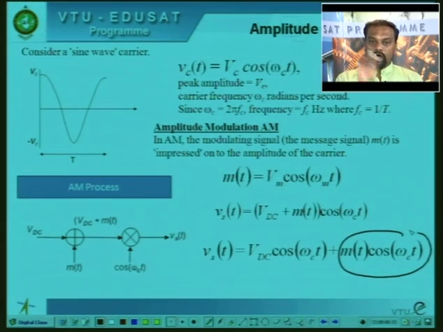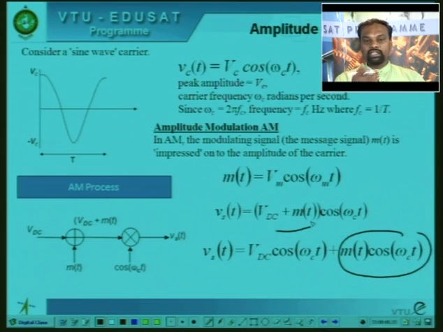We are also giving cos of omega ct, that is the carrier, the unmodulated carrier, along with the modulated carrier. Both of them are now made to travel, or both of them are now transmitted over the channel. So, now let us understand the advantage of this. The advantage of transmitting both the carrier as well as the modulated carrier in analog modulation is, once you receive the signal,